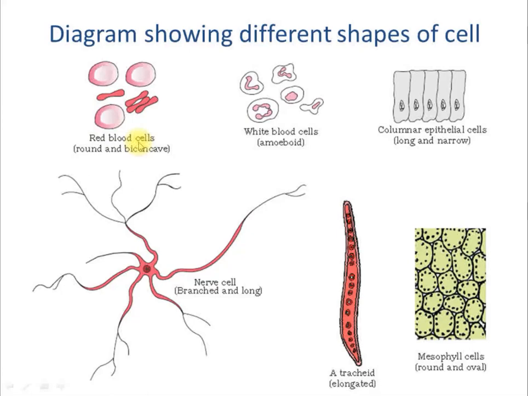Moving ahead to the second important cell, that is WBC. And here, as it is mentioned, the shape is amoeboid. What do we mean by amoeboid? So this refers to amoeba, right? You must know a unicellular organism, that is amoeba, and oid refers to similar. So one which is similar to amoeba is called amoeboid, and WBCs are amoeboid.